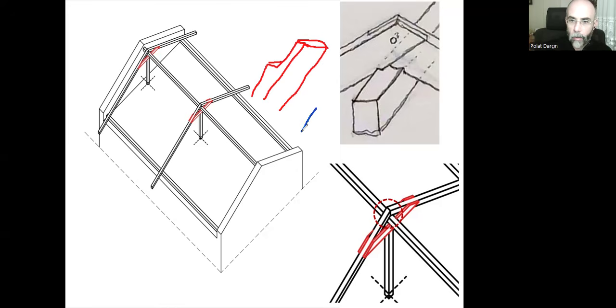This time it will look like something like this. Okay. It will look something like this. The first timber piece will be carved out like that, and the opposite one will be carved out like this. And you can drill the hole for the bolt, so that these pieces can be connected